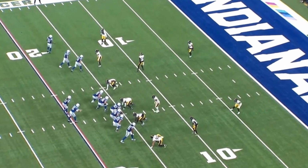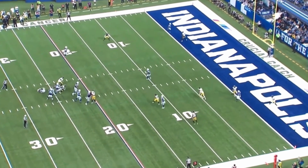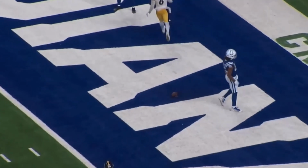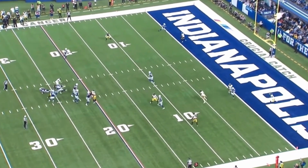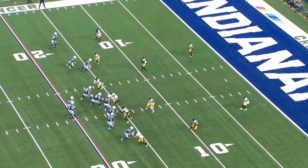This is the last play that I'll show here. It's already a long video to begin with. It's already over 20 minutes now. This is just a busted coverage here. It looks like the Steelers are in a two-high. They look like they're in cover 2. It looks like this should have been Tampa 2, maybe,